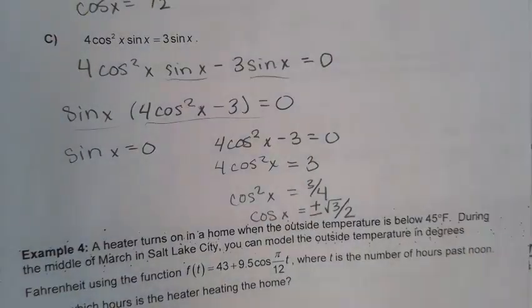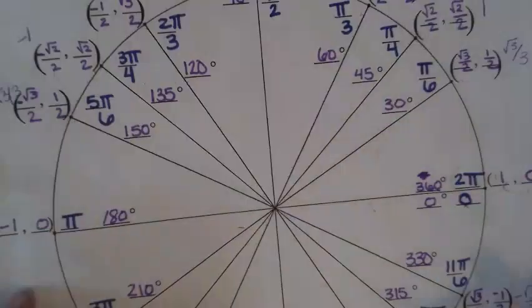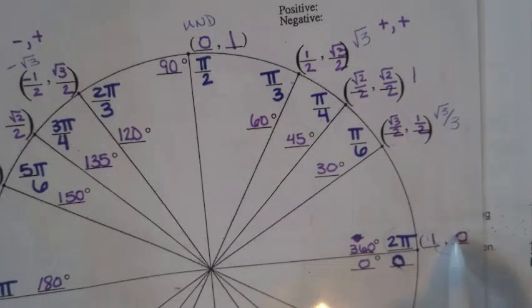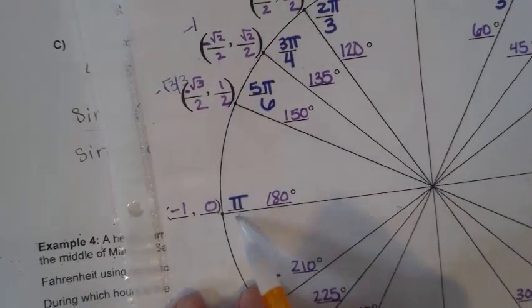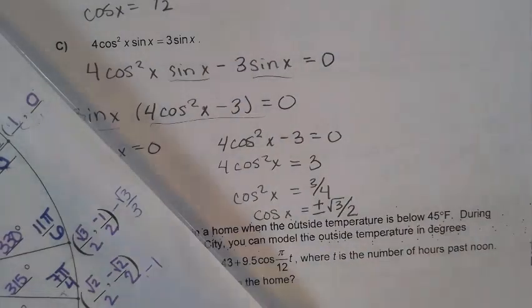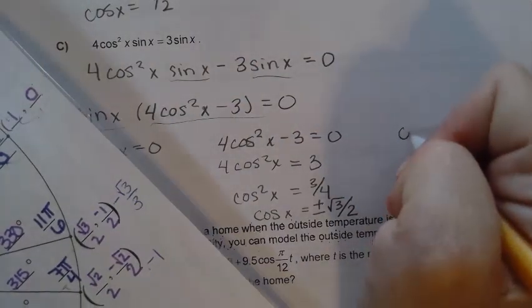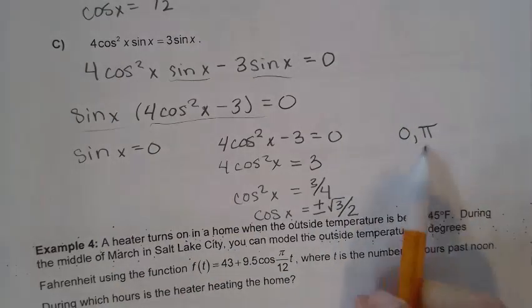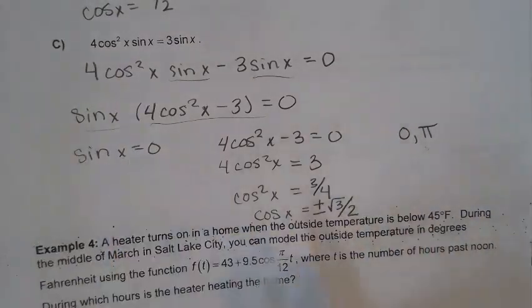First thing we're going to do is find that sine of 0. Sine is the second part of the coordinate, so sine of 0 is at 0 and at pi. So our first values are 0 and pi. Of course, this comes from the sine. Now with the cosine, we're looking for where it's plus and minus. So technically there'd be 4 spots where